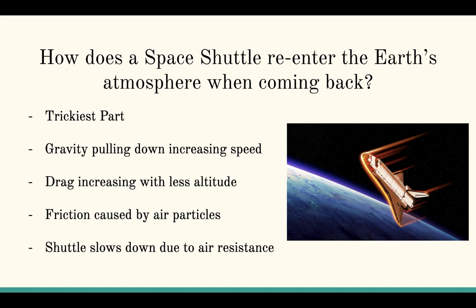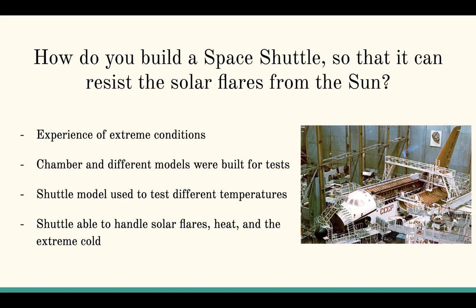Since the Earth has air particles, the shuttle will rub against those on its way back down, creating friction. The friction will cause the shuttle to experience air resistance, which will end up slowing it down for a safe landing speed. Now, how do you build a space shuttle so that it can resist the solar flares from the